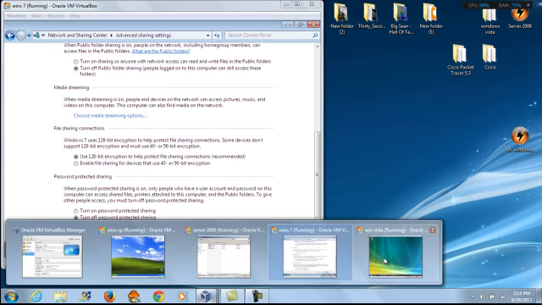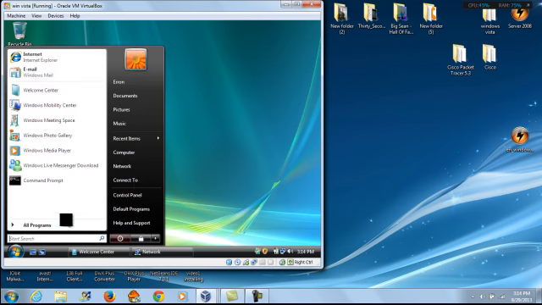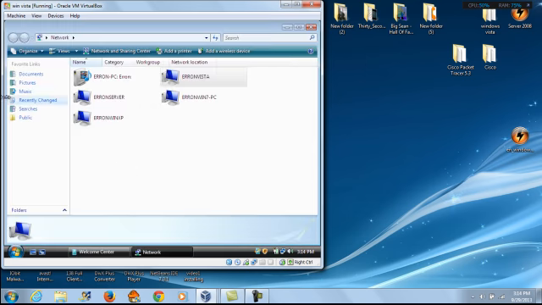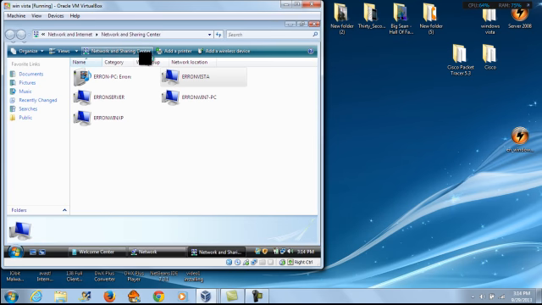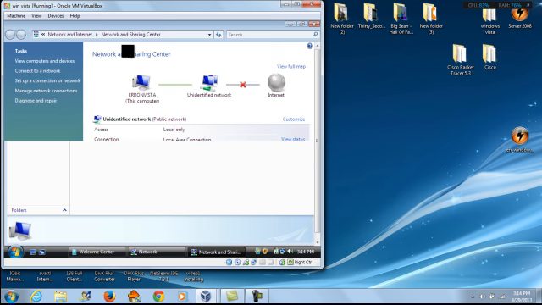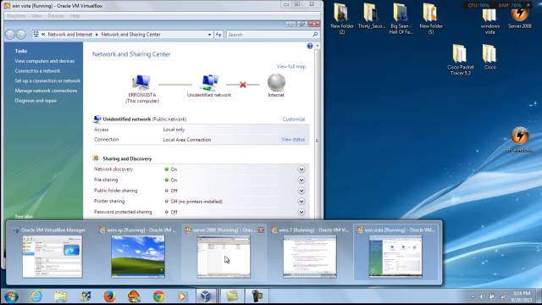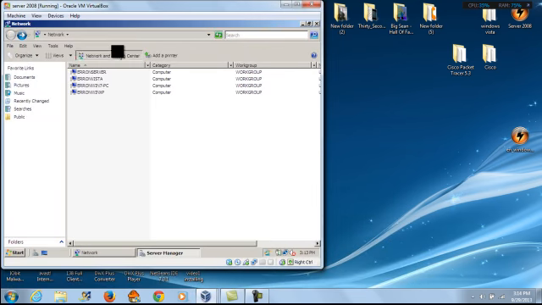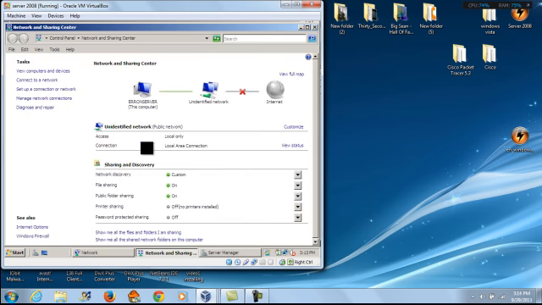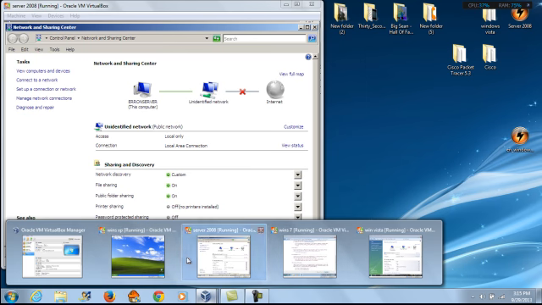For Windows Vista, same thing. Go into network. As you can see, all the machines are connected here as well. Network and Sharing Center. And you can see network discovery is on here as well. On Windows Server 2008, you need to turn on your network sharing as well, as you can see here. And for Windows XP,